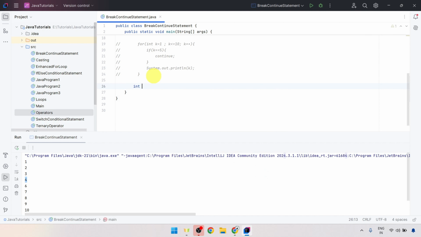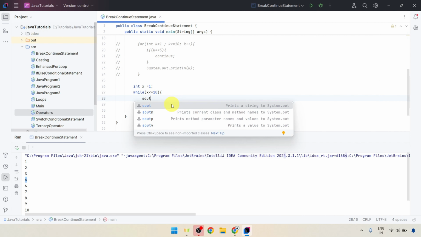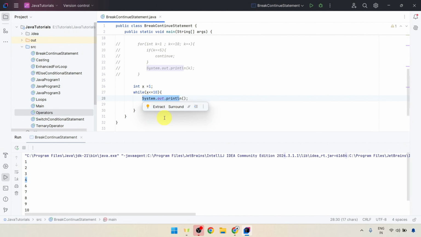So we'll create one variable int x = 1, while parenthesis, and the condition would be x <= 10, and then opening and closing curly braces, and inside it at the end we are going to put x++ to increment the value, and don't forget to put the semicolon at the end of each line of code. Now let's print the value. So sout, which is the shortcut to type System.out.println, and here I will print the value of x, and